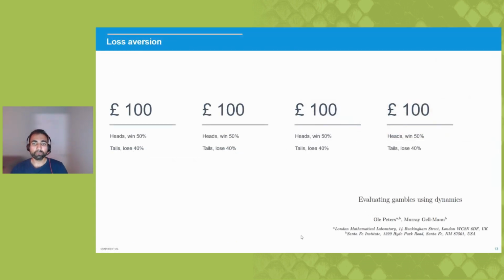Loss aversion. So many of you must have already heard of loss aversion, and it's actually not a bias. I mean, it is a bias, but it's not a bias. We have evolved to avoid losses. So, as an example,